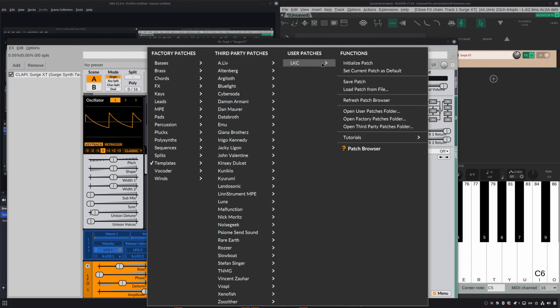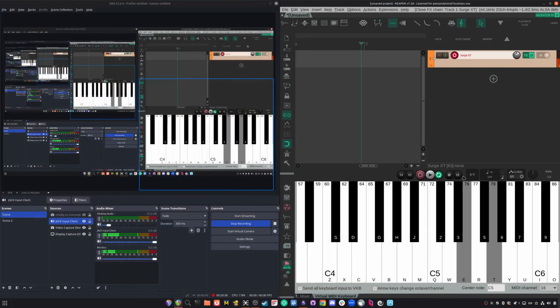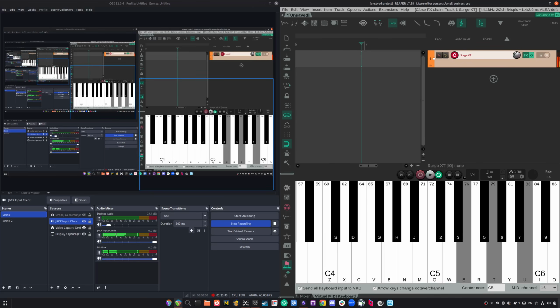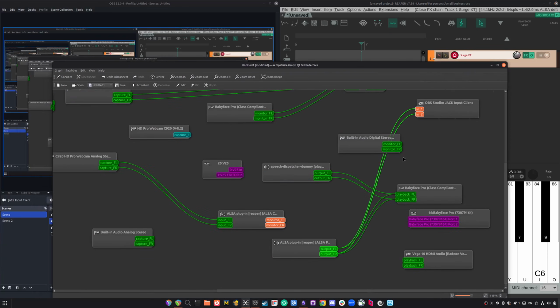Let's do some custom patch. Yeah, okay, so it's capturing Reaper, but we had to do something. I think this was needed. Let's see if it's not needed. If we delete this,